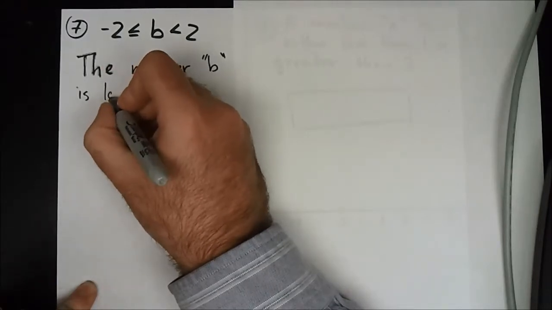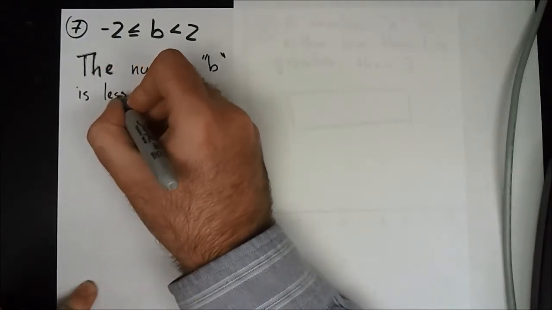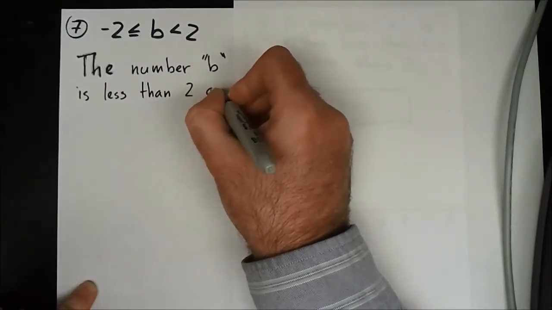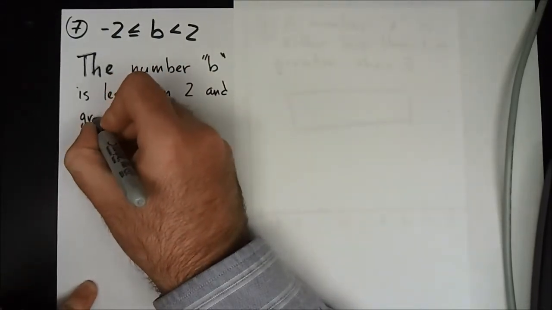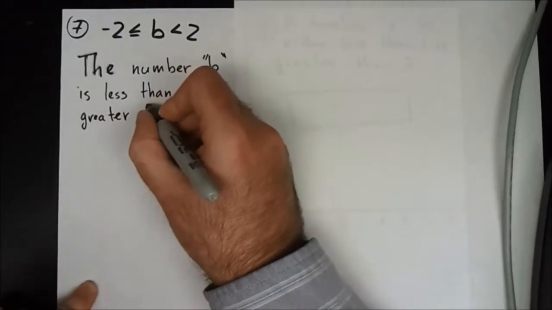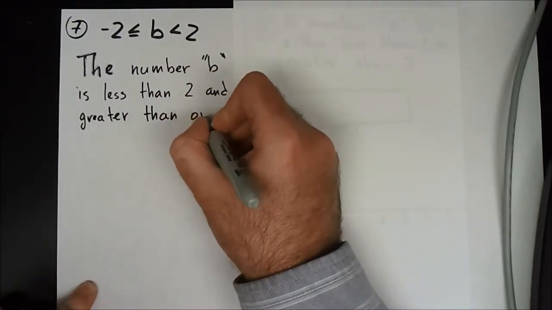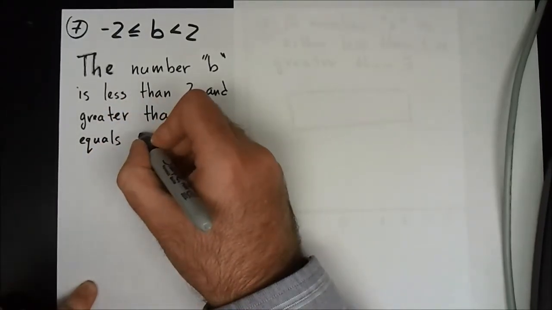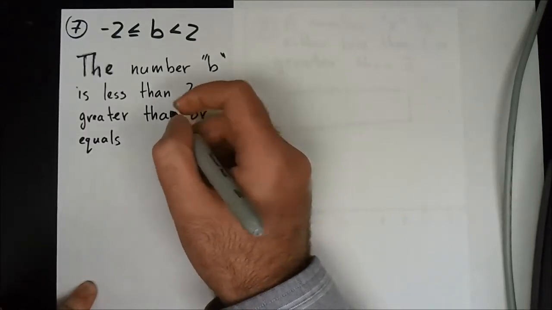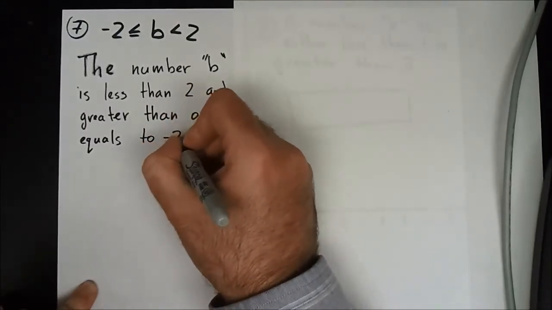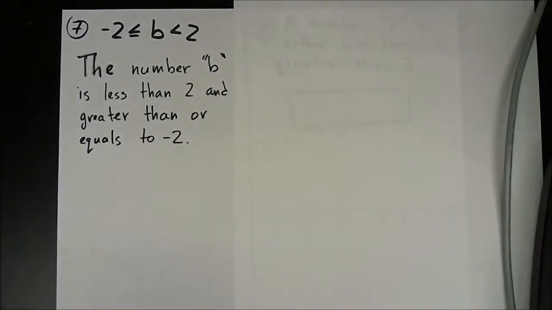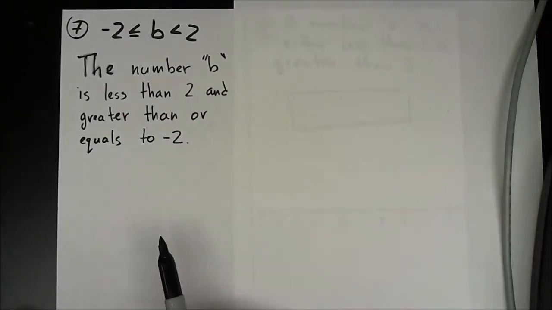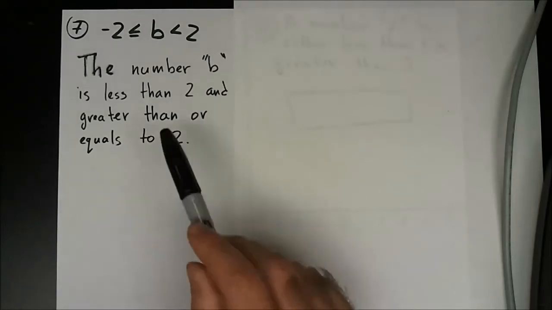is less than 2, and greater than or equals to -2. Could you write something else here? Of course. I use the less than. You could have used a different term out of our cheat sheet. There are many different ones you could have used. Could be